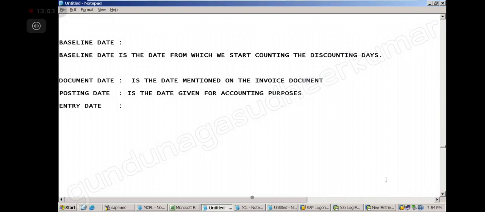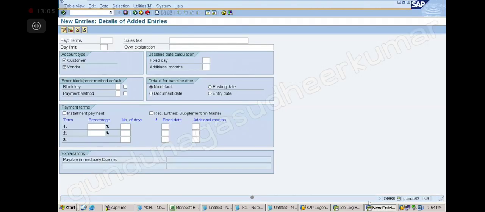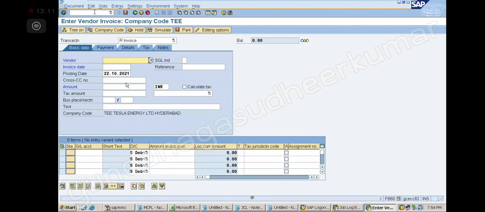For example, just understand, okay? Now I am giving /n FB60. Here you see document date is there. The invoice date you are seeing is nothing but the document date. Now posting date, today is the 22nd.